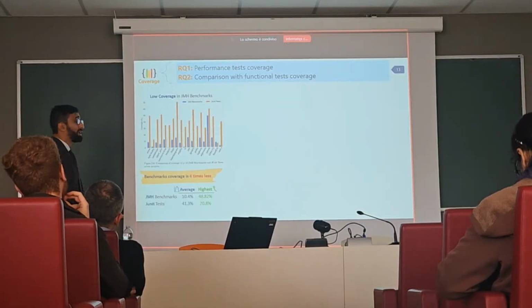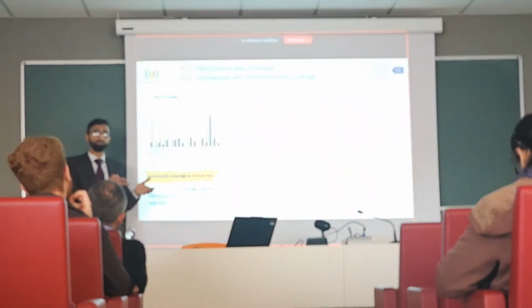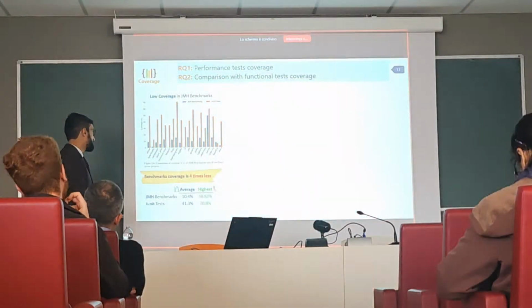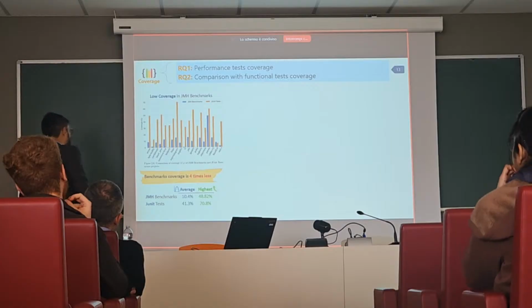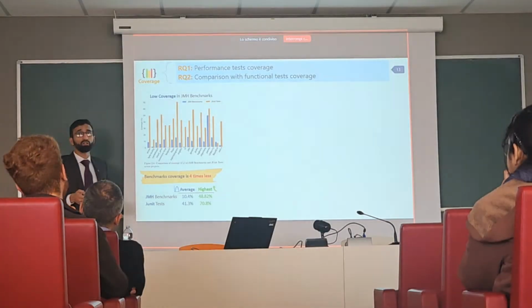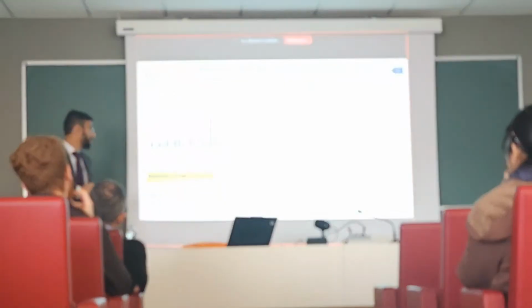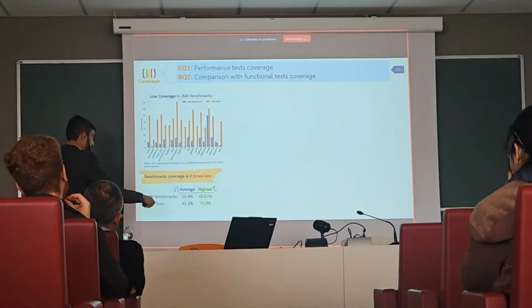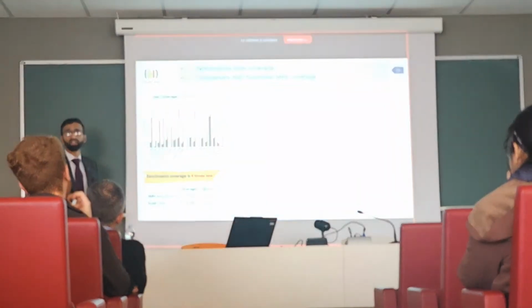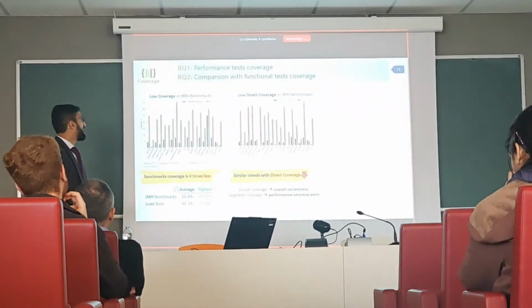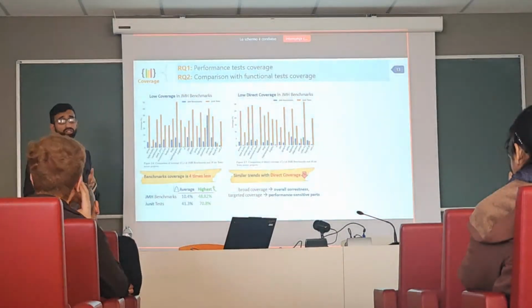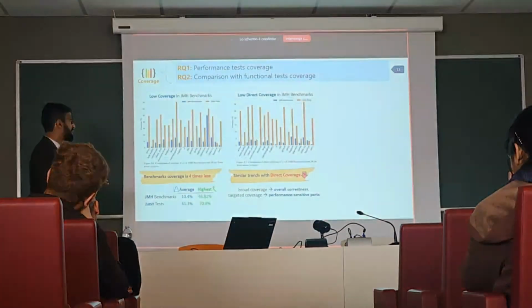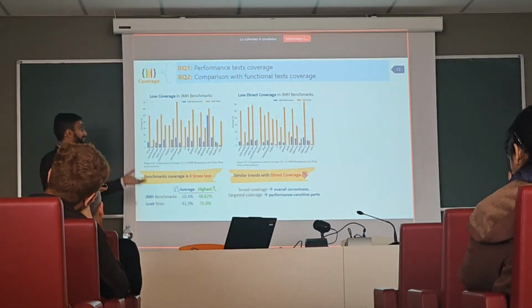So at this stage, we know which methods are covered by which performance tests and what is the state of the coverage. So we are able to answer the first two research questions, and we see that the benchmark coverage, if we compare it to the JUnit test coverage, performance and functional testing, the performance test coverage is 4 times less than the functional coverage. Similarly, the direct coverage has the same trends where the JUnit tests are covering more methods directly as compared to the benchmarks.